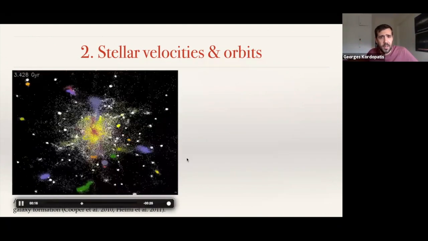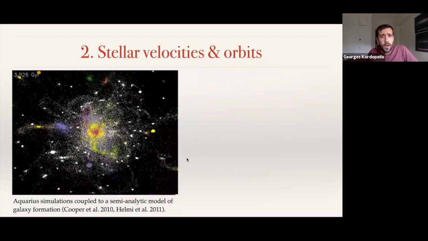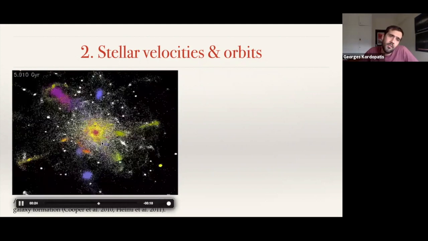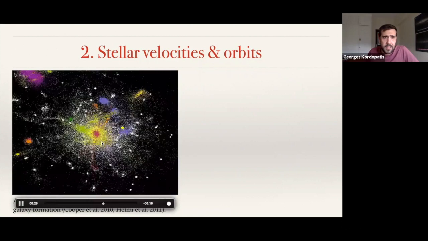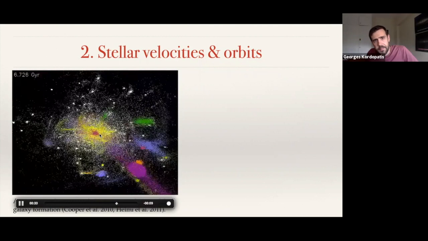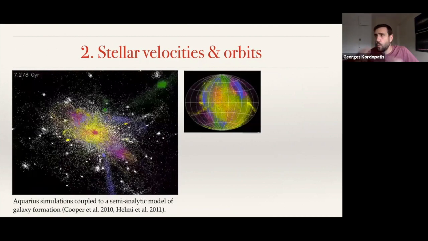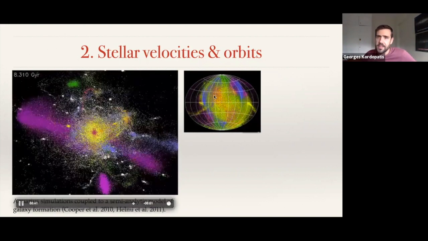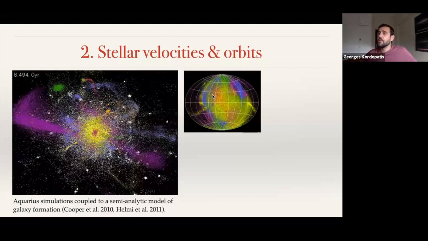This is a simulation coming from the Aquarius suite, where you have artificially colored the origin of the different accretion events. And you can see that very, very quickly, the stars are completely mixed between the different accretion events. And if you were an observer, you would see a smooth distribution of the stars on the sky without knowing where they come from. So the question is, how would you be able to identify the different accretion events if you had such a galaxy? And the answer is to